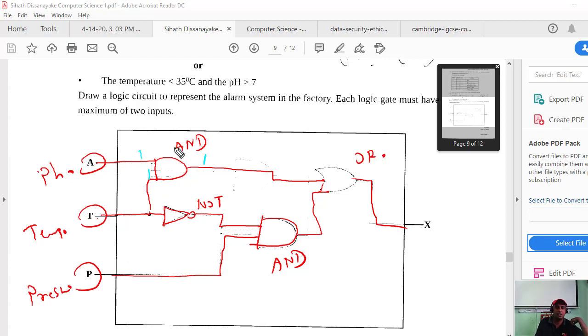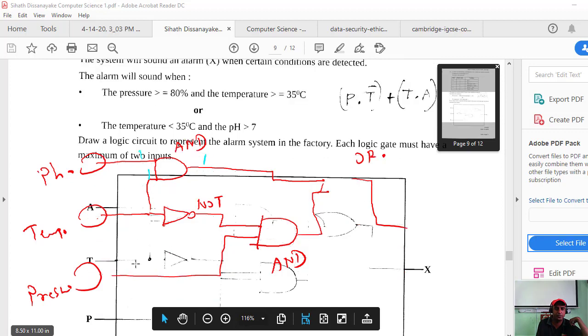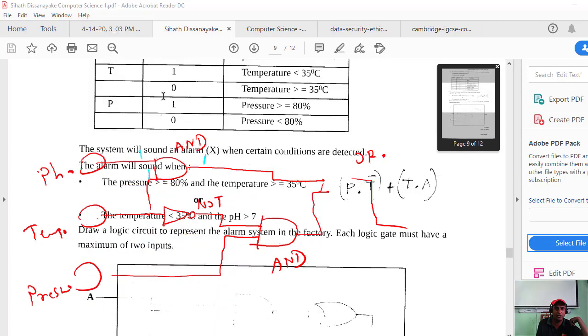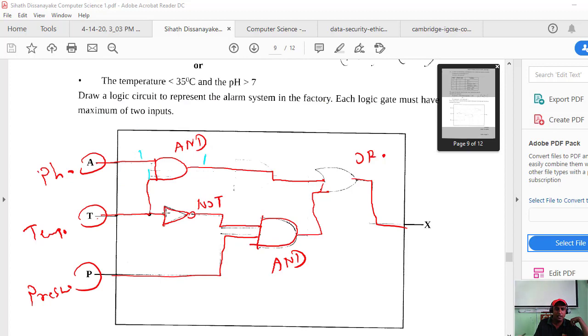Okay, next value we see is pressure. This is the second condition. Pressure greater than or equal to 80 means 1. That means here 1. Then temperature.